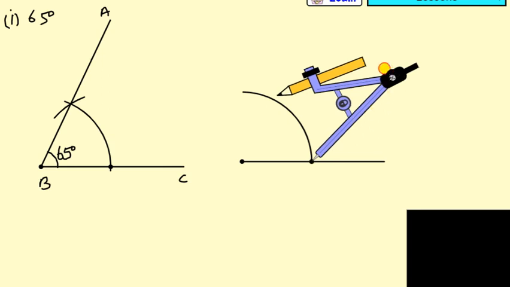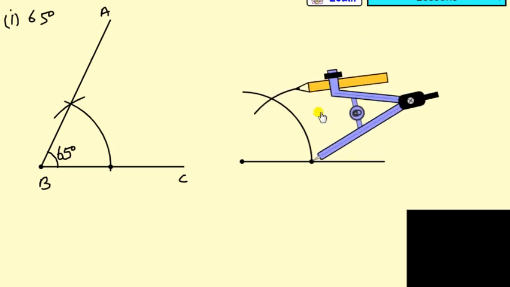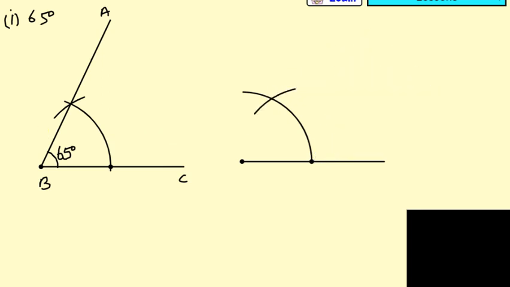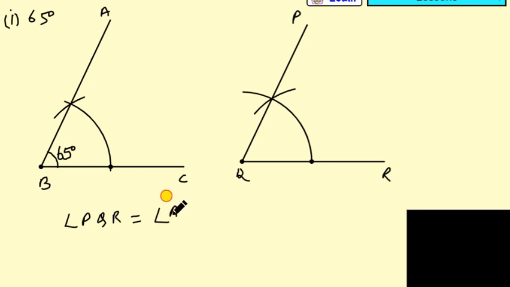The first part of this question is the 65 degrees. So let us do, first of all you can draw the 65 degree angle. So first of all you can draw a line that is 6 centimeters and remove the scale and write the line that is BC. Now you can make an angle of 65 degrees with the help of protractor.